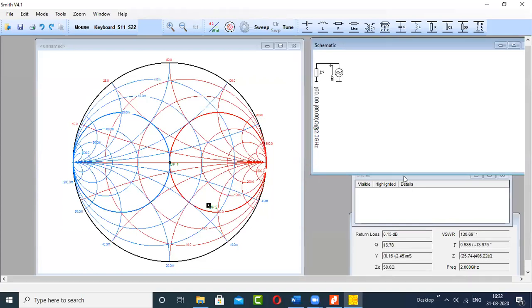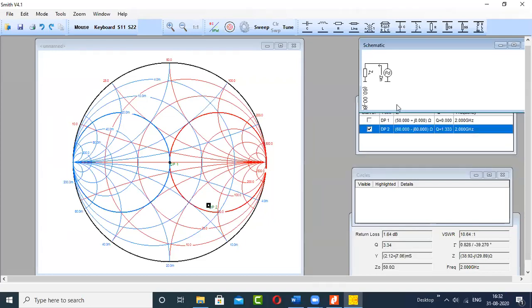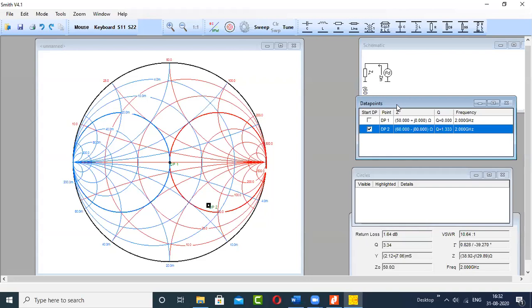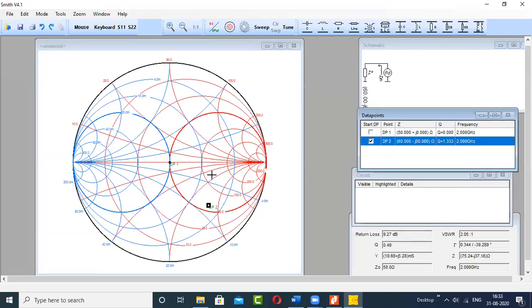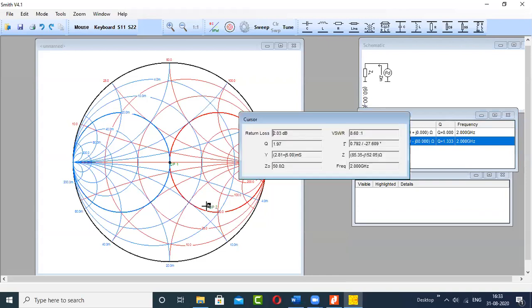Now what we have to do after that? See, when you're using the actual Smith chart, the entire demonstration was on the impedance chart, not this kind of chart, which comprises impedance as well as admittance. That's why you converted this Z into Y. But if you place this cursor here, in this window you can see that both figures are available. You can have the impedance value here and admittance here.